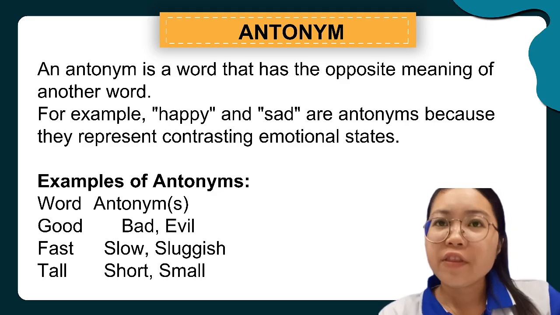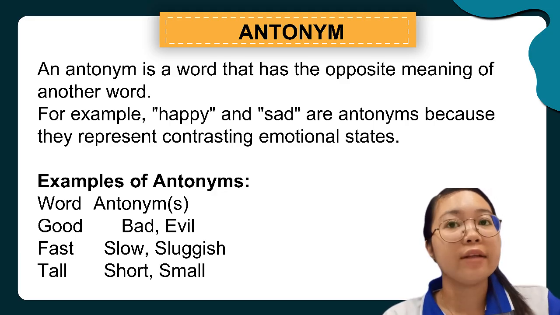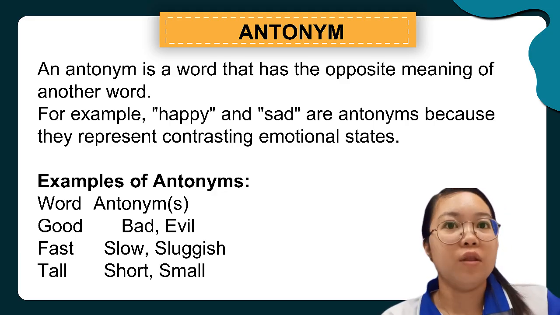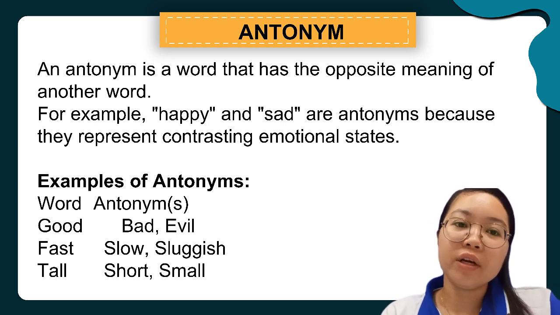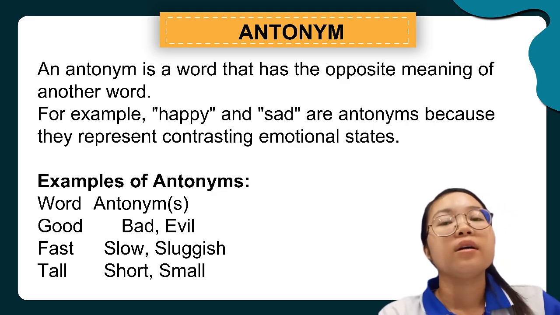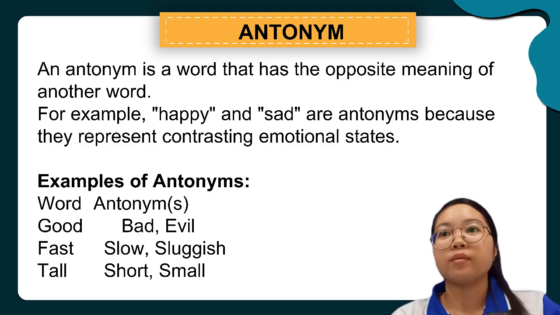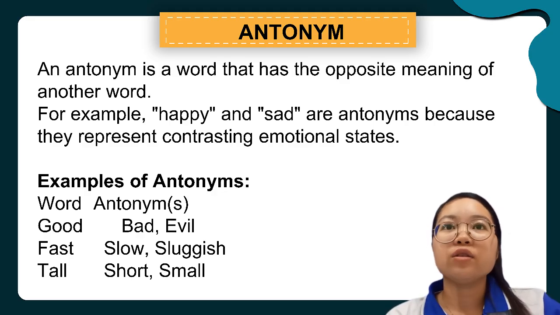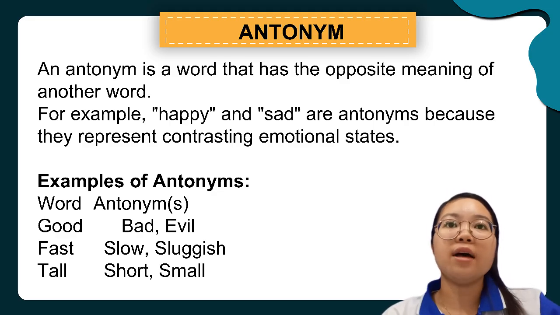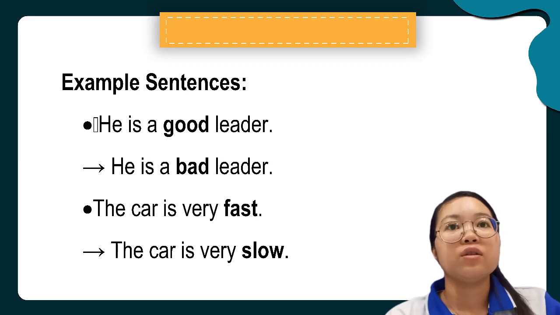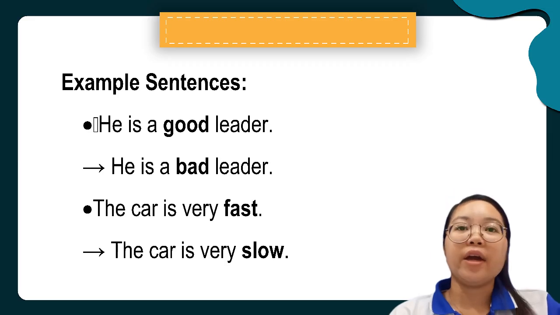Another example word is fast. The antonyms of fast are slow or sluggish. The third example is tall. The antonyms of tall are short or small. So let's try to use example sentences of antonyms. For example, he is a good leader. The antonym of good is bad. So let's try to create